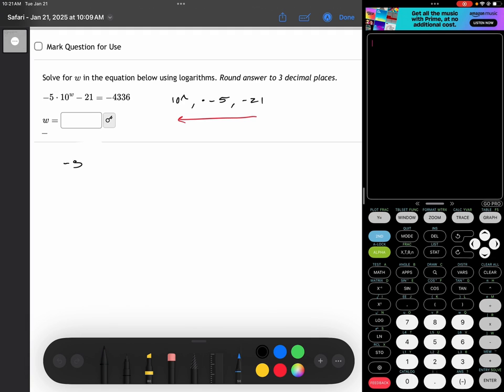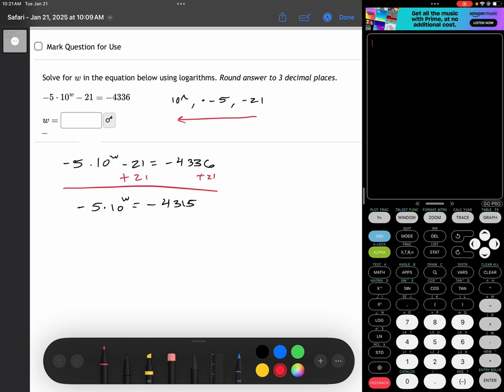And so if you have your equation, -5 times 10 to the w minus 21 is equal to -4,336. That means the very first thing we're going to do to both sides, we're going to add 21 to both sides. That's how you get rid of the subtracting 21. That isolates your exponential term, where you have -5 times 10 to the w. Now that's equal to